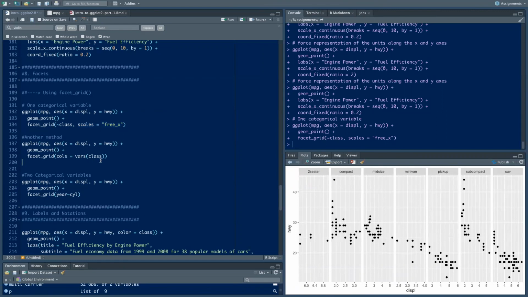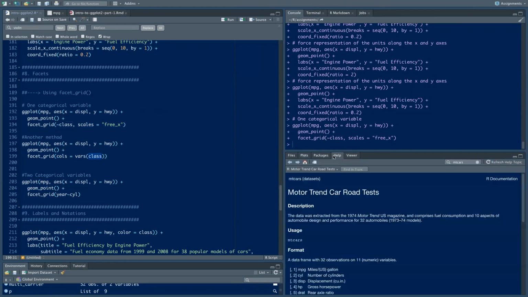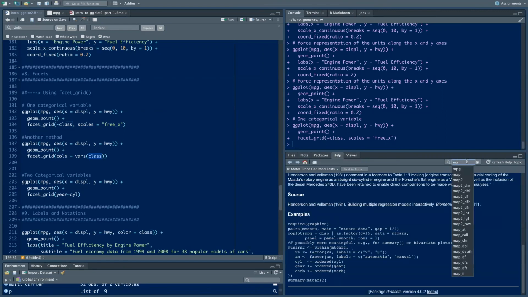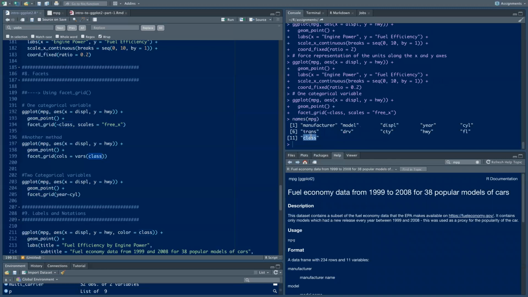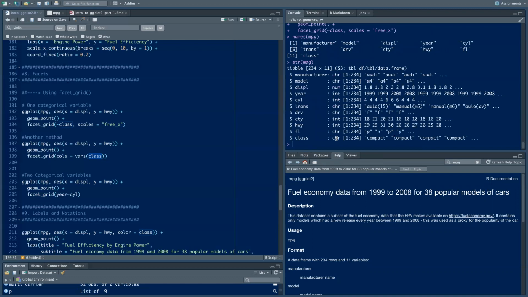Another method you can use, again, we can say, okay, we want to specify the column, right? Use the cols. Then we want to specify the variable. Our variable here is class, right? If you remember here, MPG here, in fact, you can just say names, right? And then MPG. Okay, you can see we have this class over here. All right, so basically that's what we're using here. And if you recall, class here was actually character, categorical, right? So we can also represent,